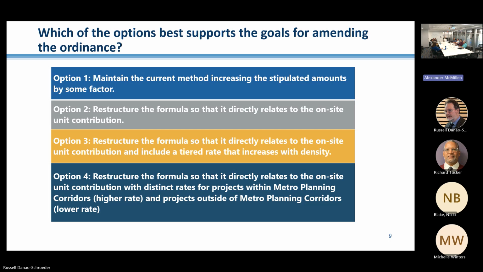Right, so I just wanted to make sure we're all agreed, we're going to stick with the 5% of GFA as the amount of square footage that we're talking about, as much as I would like to see that go up. So actually, option 1 isn't terribly different from option 2 in the sense that it's by increasing stipulated amounts by some factor. So why would you do anything other than trying to get the parity unless you really felt parity was not achievable?